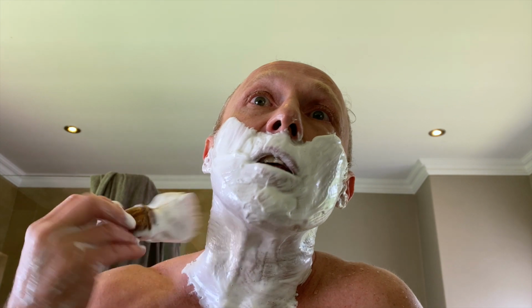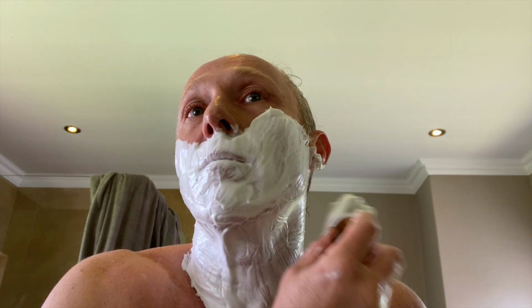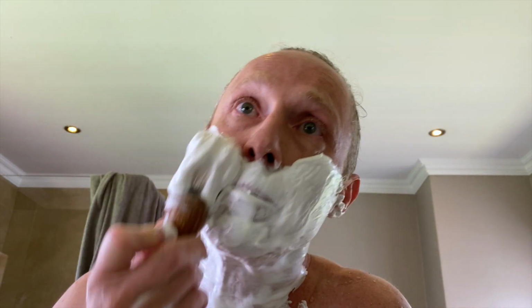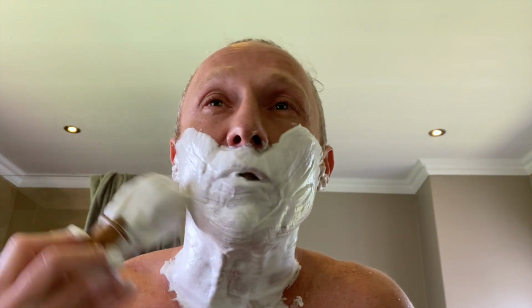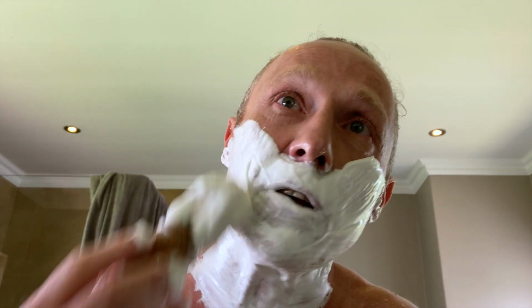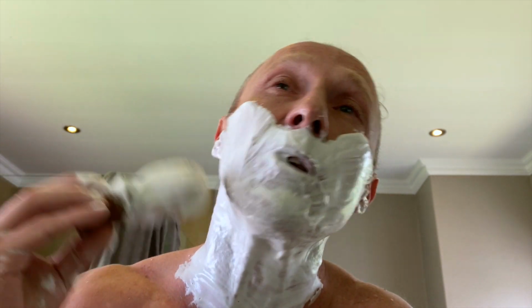And the other one is edge quality. I'm not a DE shaver or expert, but for me a razor is a thing that holds the blade. If that blade is not great, I don't care what razor you're going to have, it's not going to be good. So, having said that,